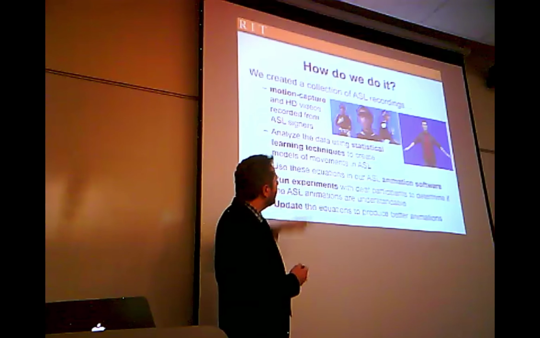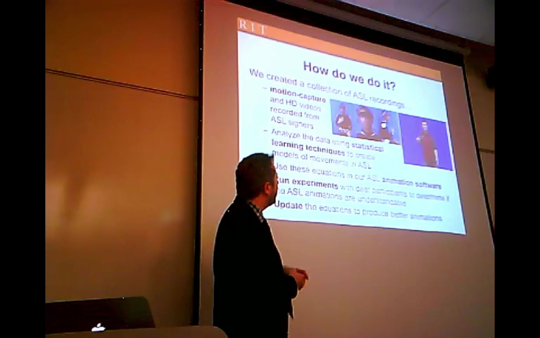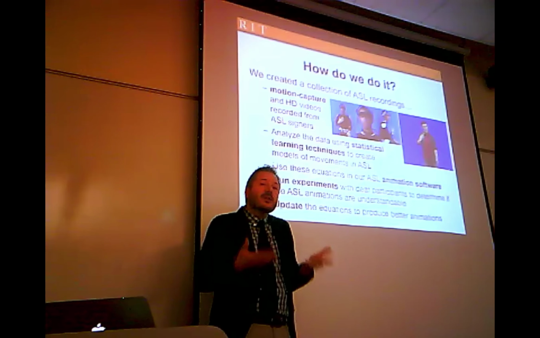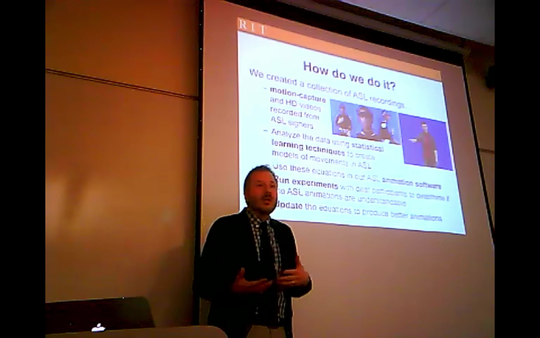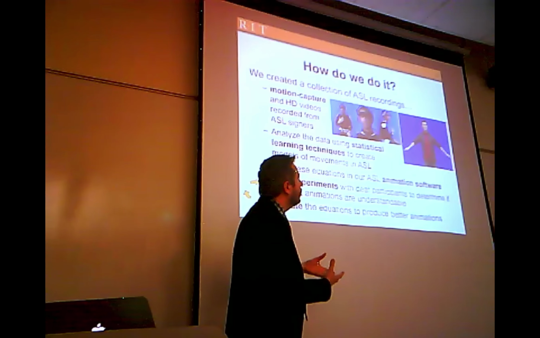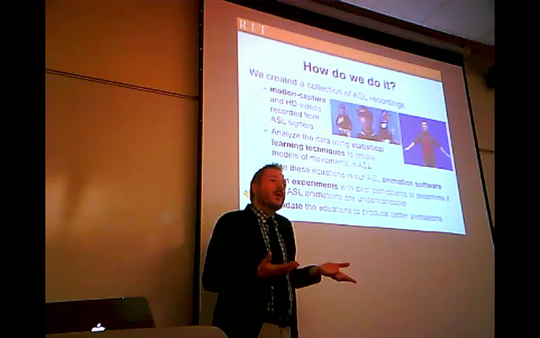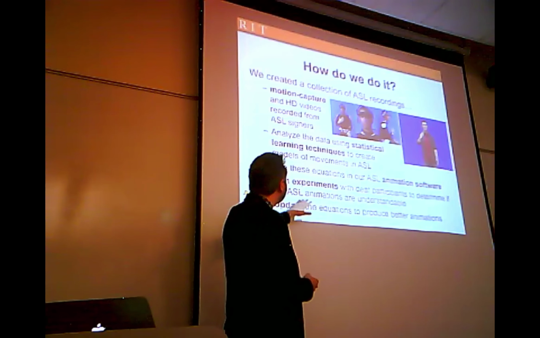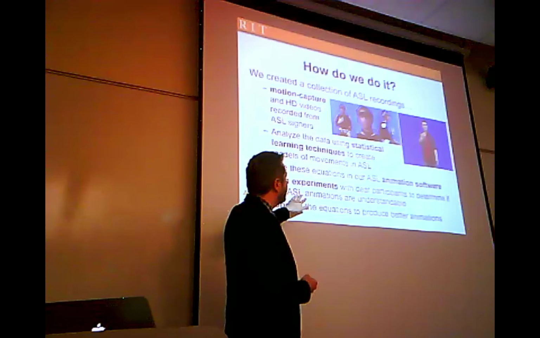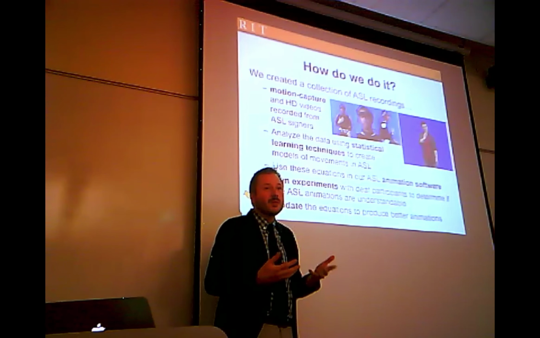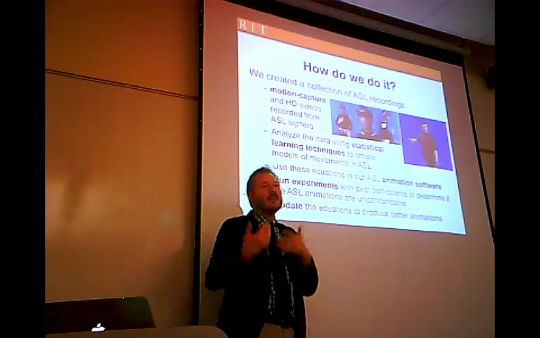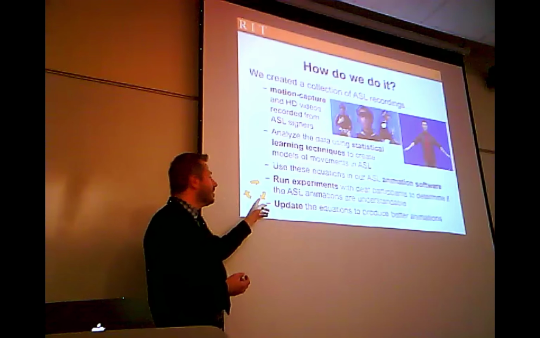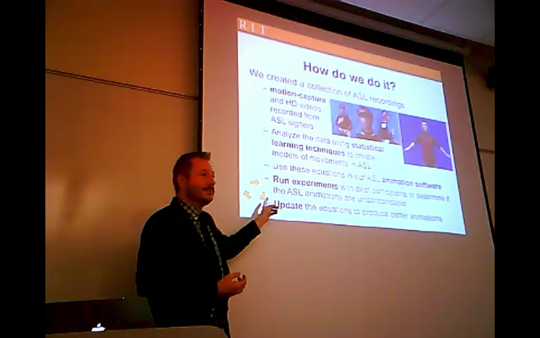So then with this, we build equations for our animation software, and then we can create examples that we might want to show people. Now here's where the experimental element comes in. We might think we have a model which is the right way of doing things, but we don't know. Or we might have a few we're trying to compare. So we can set up a study with actual participants, determine which one is the winner and which one's doing best, and then repeat and iterate and keep trying to refine that model. And so this is where the design cycle comes back into the picture.